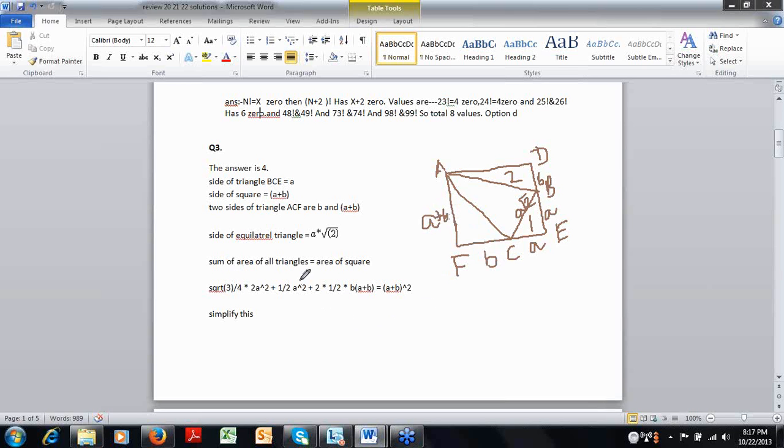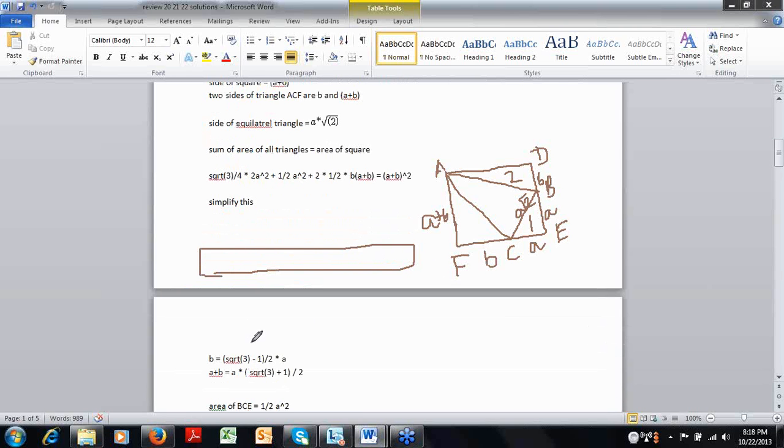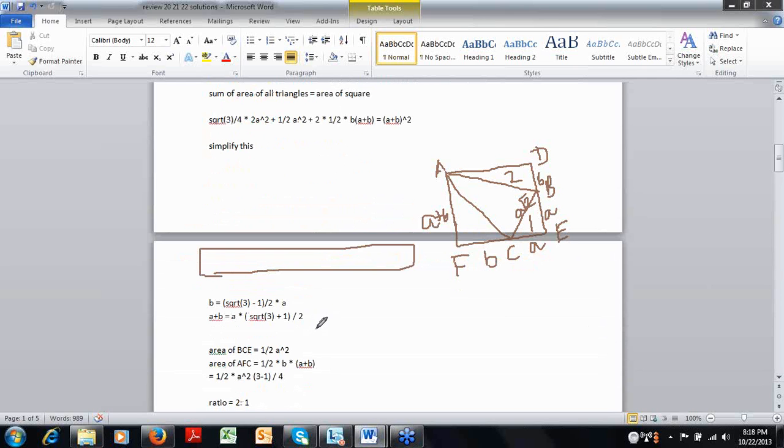So the sum of the areas of all three triangles is equal to the area of the square, obviously, and we can find the area of all three triangles in this way. We can simplify this and find out the value of b to be this. Area of BCE will be half a square. Area of AFC will be,